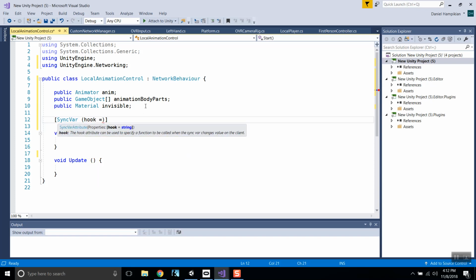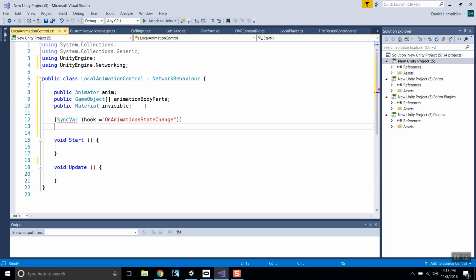So we're going to sync changes to this to a method called onAnimationStateChange, and this is just going to be a string animState. Okay. So let's set the initial state to idle, and then